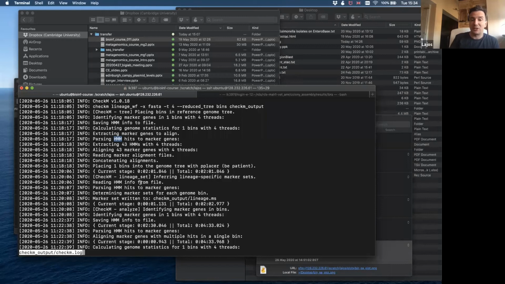So CheckM has its own database. It is extremely outdated. It is from 2015, but that's the only available database for CheckM. I think you can expand the CheckM database somehow, but at the moment, what you can download and what is downloaded for us is from 2015,